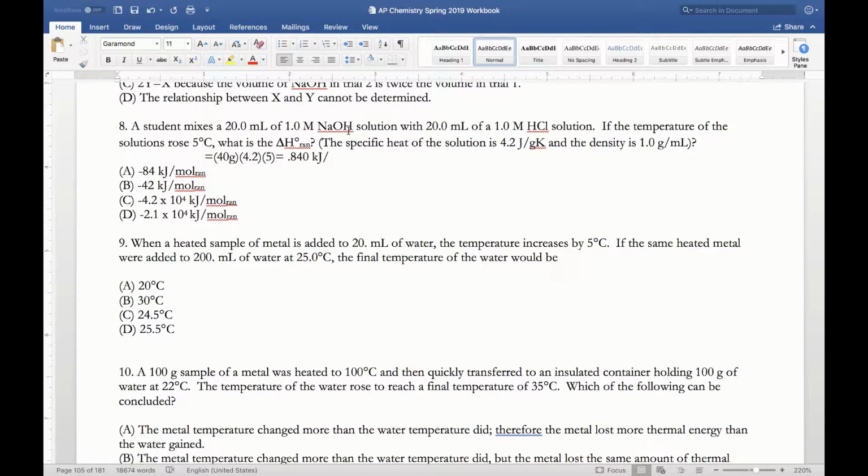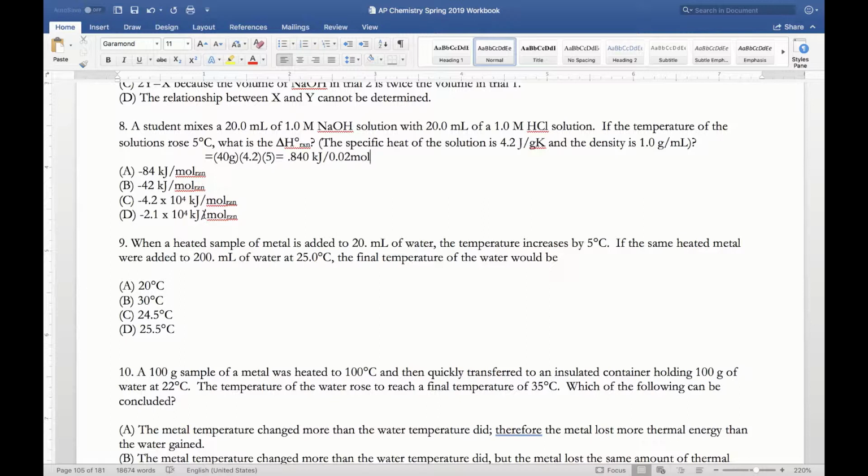So let's say I decide for NaOH. The number of moles is going to be 0.02, because that's the number of liters times 1. So I have 0.02 moles. That's going to be the kilojoules per mole of NaOH. Since the reaction for NaOH would be NaOH plus HCl gives you NaCl and H2O, it's going to stay 1 to 1 to 1 to 1. So for every 1 mole of NaOH that reacts, you're going to have 1 mole of reaction. And so all you have to do is take 0.84 and divide that by 0.02, and the answer you get